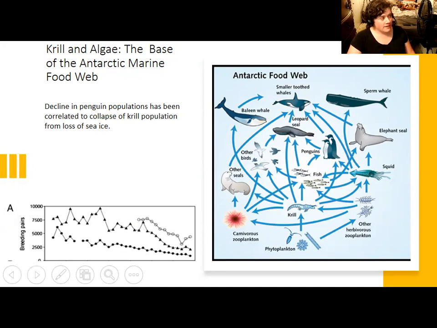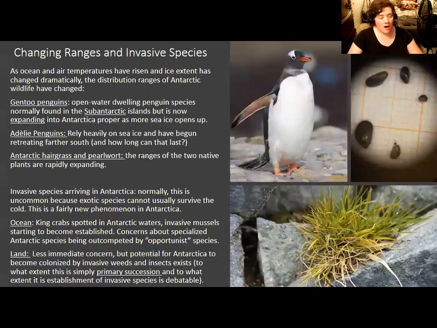And I mentioned invasive species before. Salp aren't precisely invasive because they were present already, but we're seeing some other Antarctic species also change ranges, and then some completely invasive species start to show up in Antarctica. So, for example, Gentoo penguins are one type of penguin that breed in open water. They normally only breed and spend lots of time on the subantarctic islands, but we are starting to observe them a lot more in Antarctica proper, as Antarctica proper, including the peninsula, is getting warmer. And so Gentoo penguins have been spotted feeding a lot farther south than they used to.